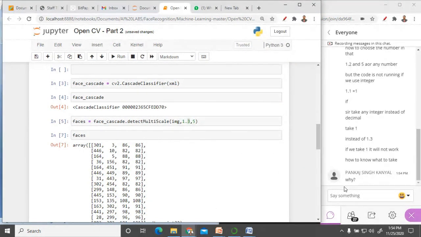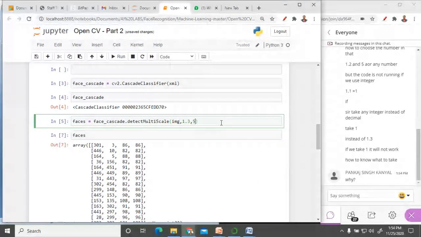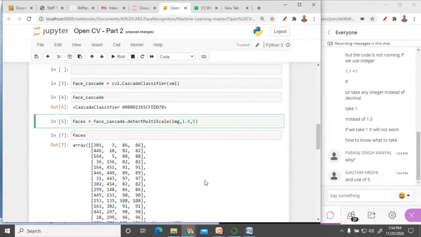So if we take one, it will not work. Okay. How to know what to take? It's a random choice. Okay. You have to select it randomly. Then it will take the value. Okay, if we increase the value to 1.4,